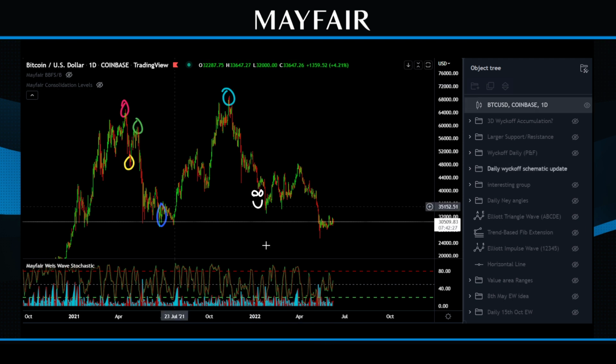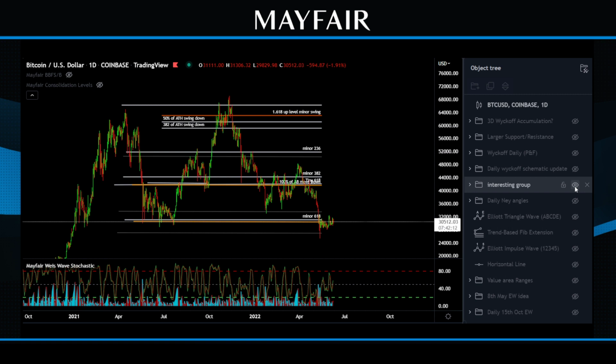The Wyckoff schematic, as I've put in the last couple of posts on TradingView, you'll see why we were calling this the top here, why this was the bottom there, why this was the top again. And what we actually did was distribute. So it all gels together, right? I know this is very difficult if you don't understand what I'm showing you, but this is part of what, like I said, we teach. This is part of the reason that we teach, to get an appreciation, not just to say, hey, buy now or sell now. It's for you guys to understand how you get these key levels, why you paint these levels, and when and how you can identify whether it's distribution or accumulation or redistribution, reaccumulation, and so on.